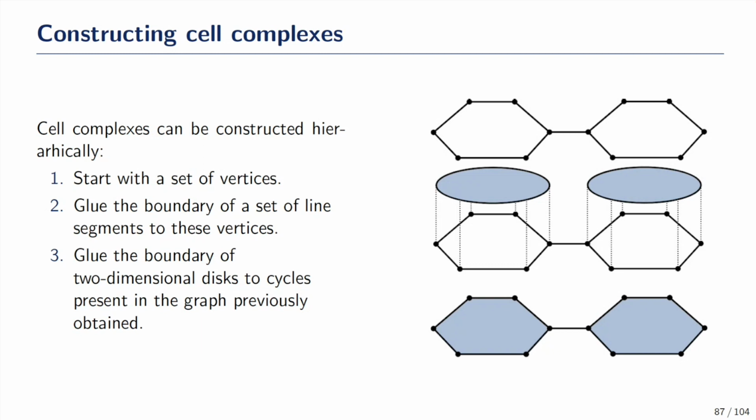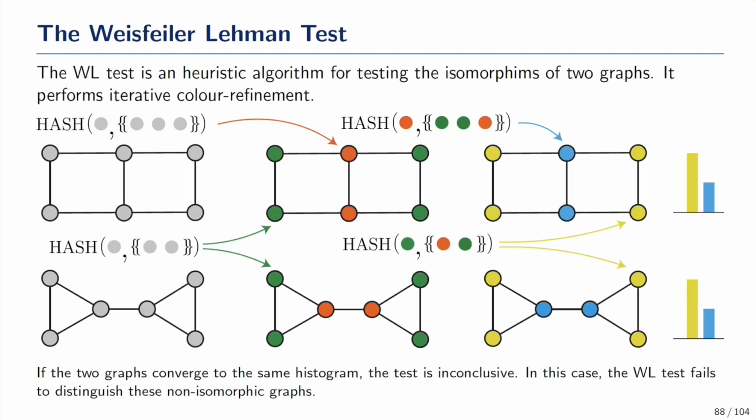So if cycles are important for you, then you can glue these disks to any cycles, and then you get a two-dimensional cell complex. So essentially you identify some substructure to which you can glue these disks, and then you use that. Okay, now you have already seen the Weisfeiler-Lehman test, but maybe it's useful to go through this again, and